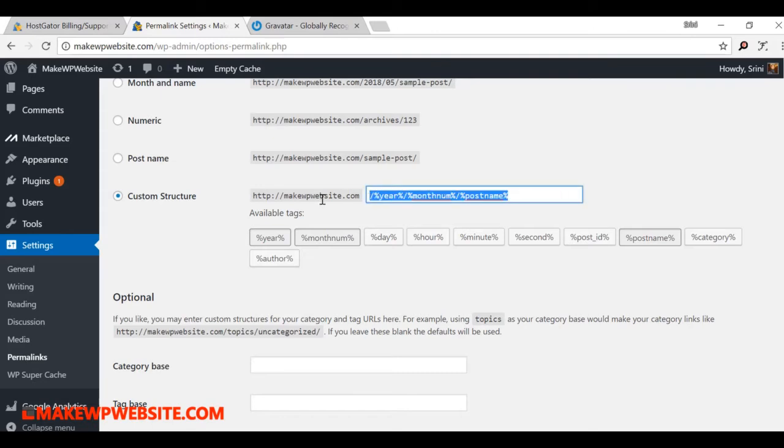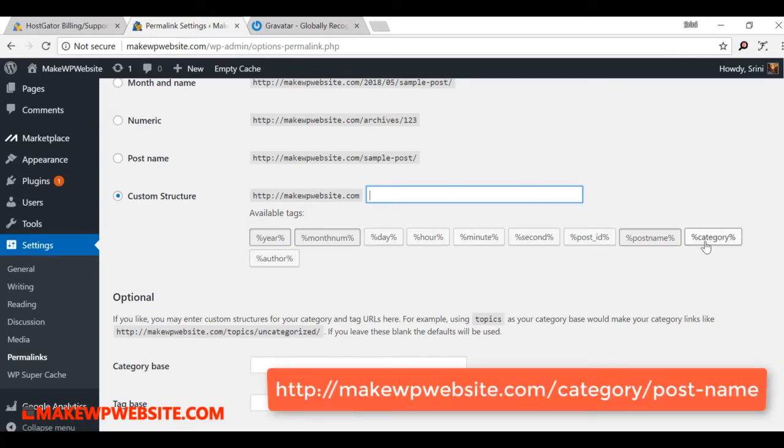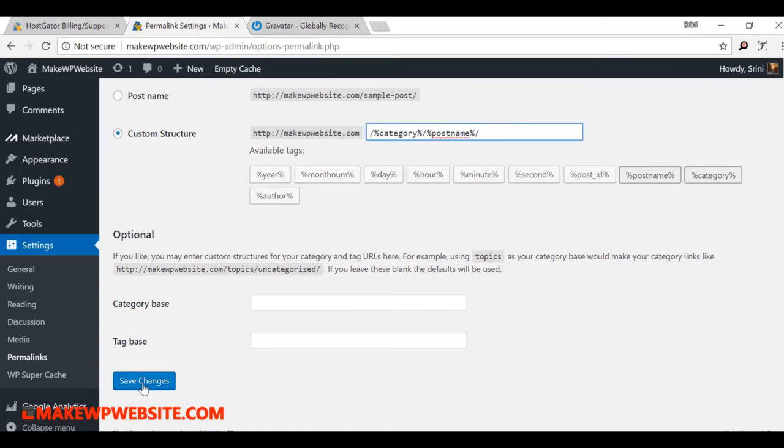I want you to change this. We don't want the year in our URLs; it doesn't look good. I want a category first, followed by a post name. Then it looks nice. So whenever I write a blog about WordPress, the category will be WordPress, then my blog name, like how to create a blog. How to create a blog is the post name, and WordPress is the category. So it clearly displays from the overall link what the purpose of the post is. I want you to change the permalink here. Go to custom structure, click first on category, then the post name, and then save changes.